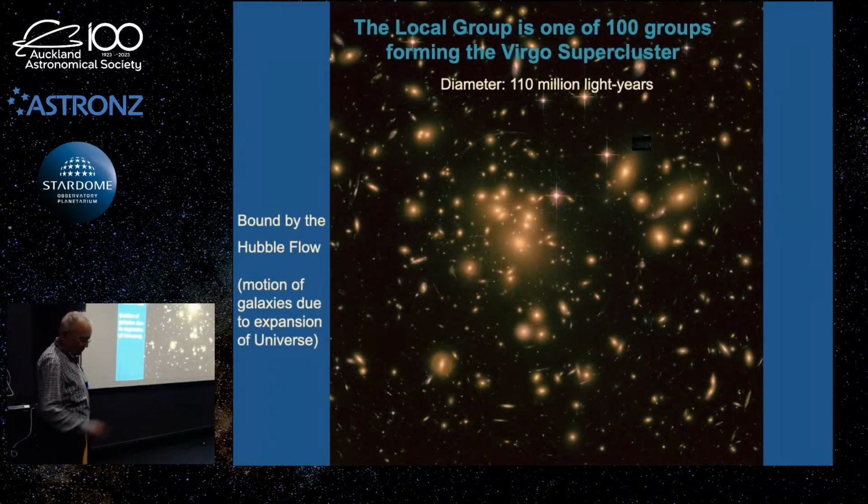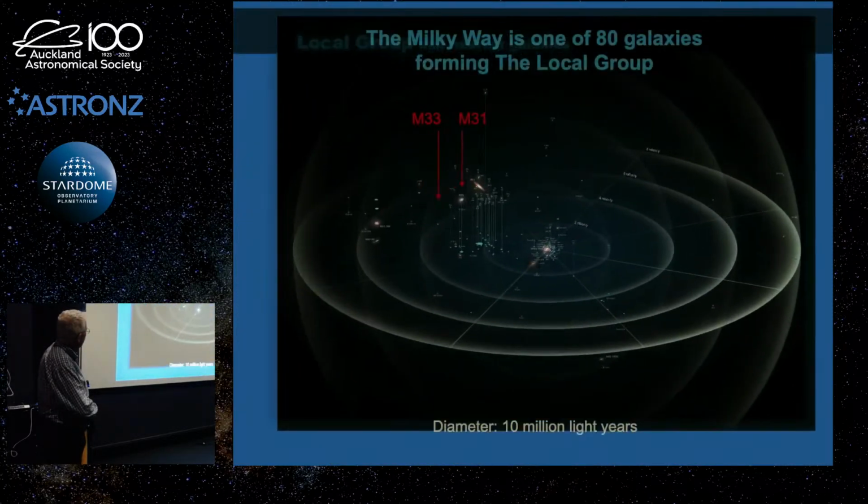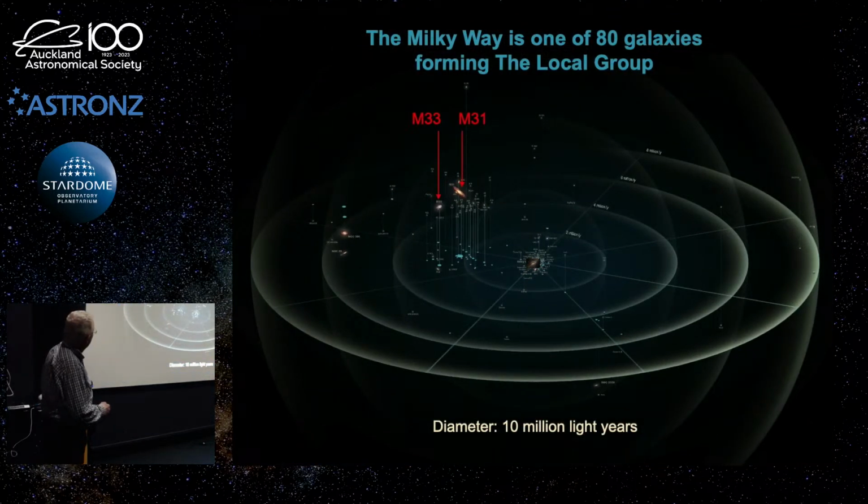Those circles there, were they in 2 million light years? Let's just go back there. I just couldn't quite read the... Oh, okay. These circles here, I think they are... Yes, it's in light years. It's 10 right across, so it's 5 from here each way. So they are in light years. So it's going 5 that way and 5 that way because it's 10 right across. It should be.